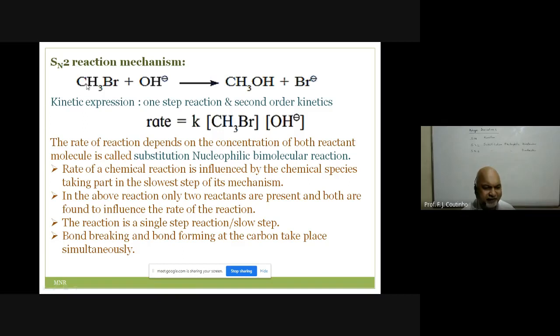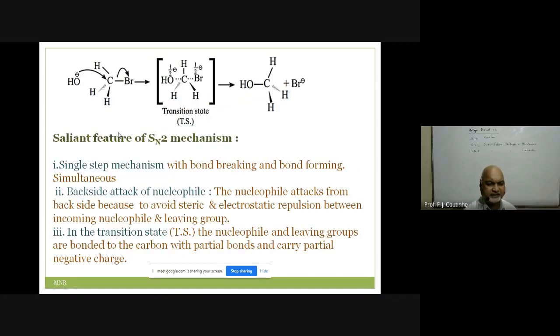And very important, there is a backside attack of the nucleophile, which is here. And you have to take a simple example here, that is methyl bromide, with hydrogens here. In both cases, SN2 and SN1, we are taking an example of bromine. But one is methyl bromide, and one is tertiary butyl bromide. We'll go to the next.